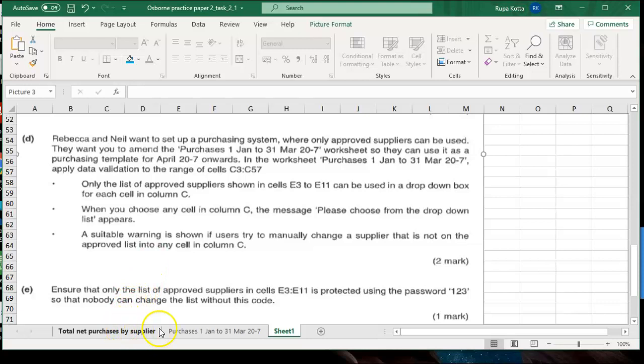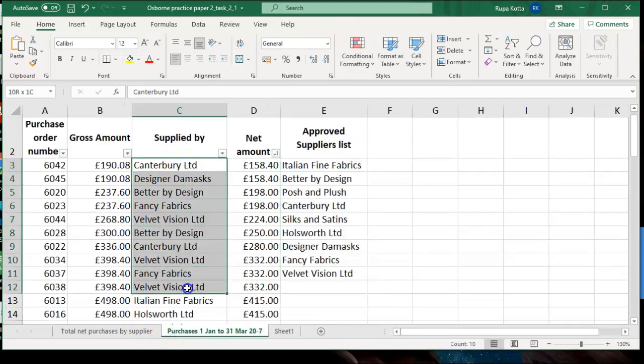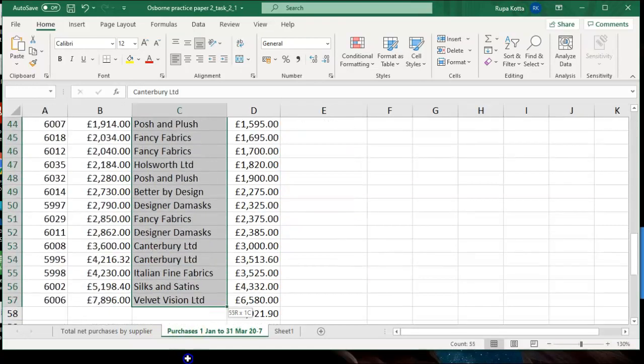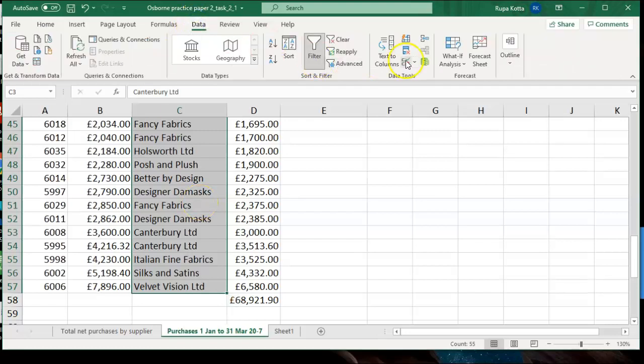So let's see how the data validation can be applied. You can apply data validation on all the cells together, so you don't have to do it one by one. So select C3 to C57. Data, and over here we have data validation, this one over here.